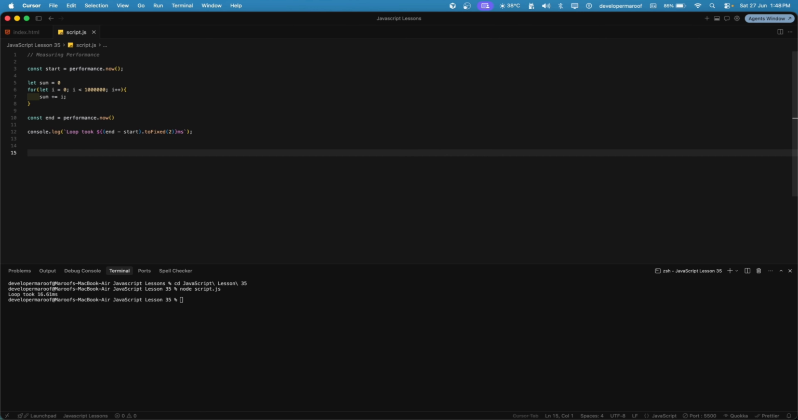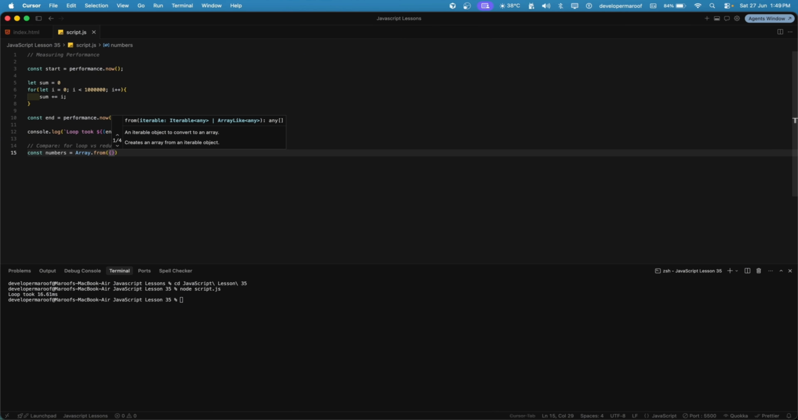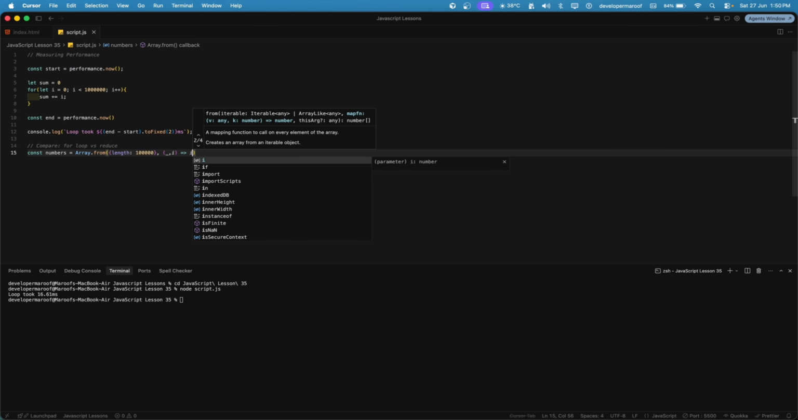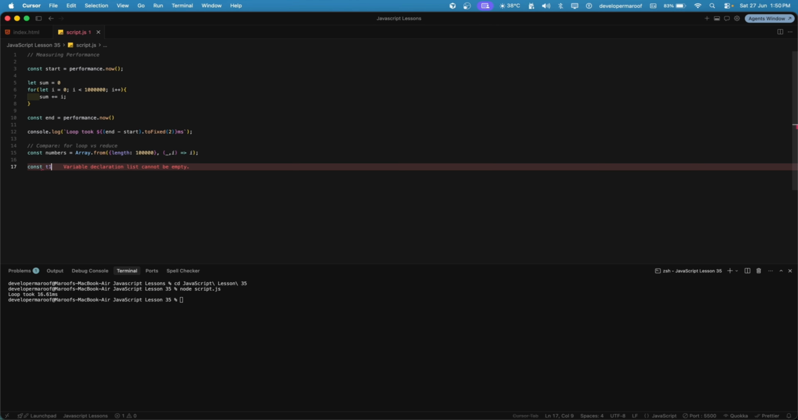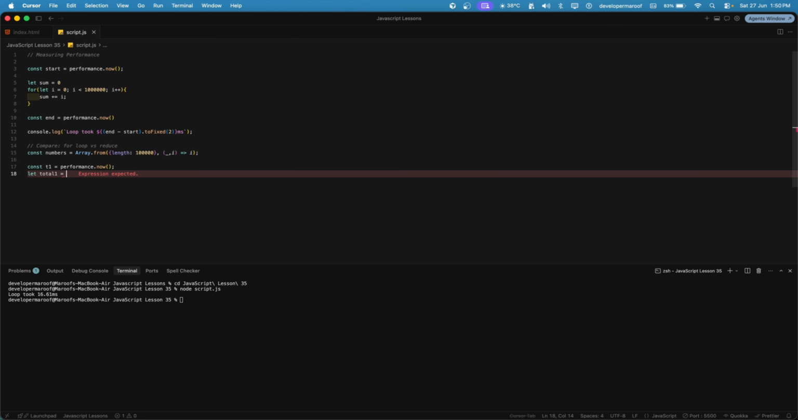Now let me show you another way to compare 2 approaches. Let's add a comment, compare for loop versus reduce. So let's create a variable, numbers equals Array.from. Then inside this we will have a length, let's say it's 100,000, then comma underscore comma i, then it's a callback. So come here and const t1 equals performance.now, and then we can create a total1 equals 0,